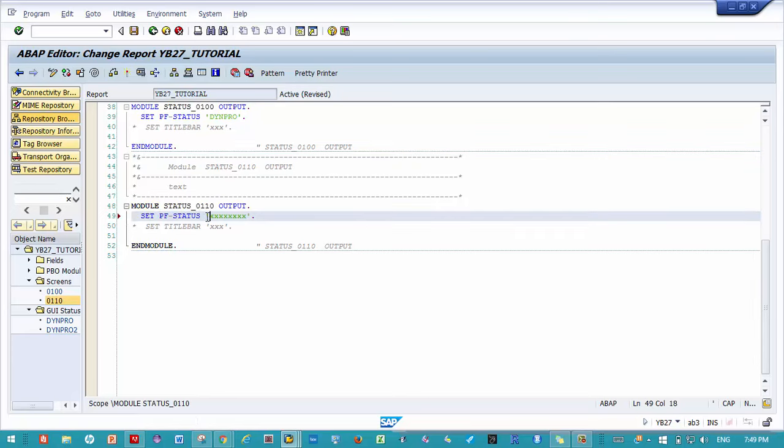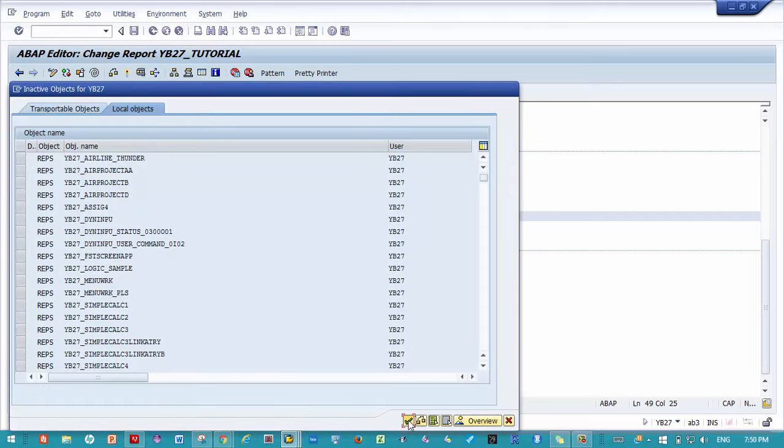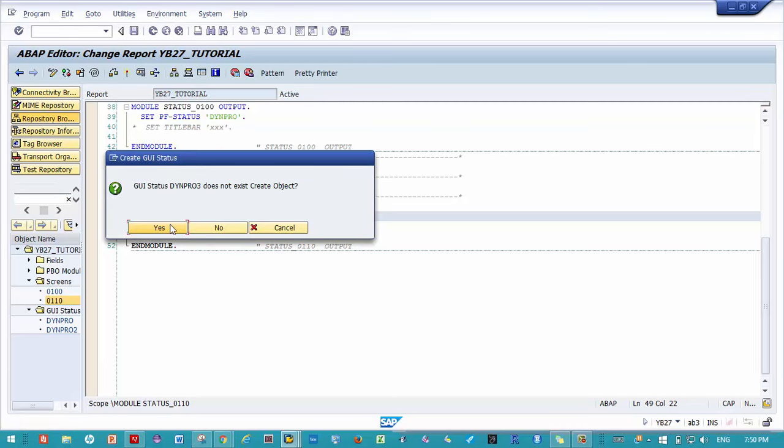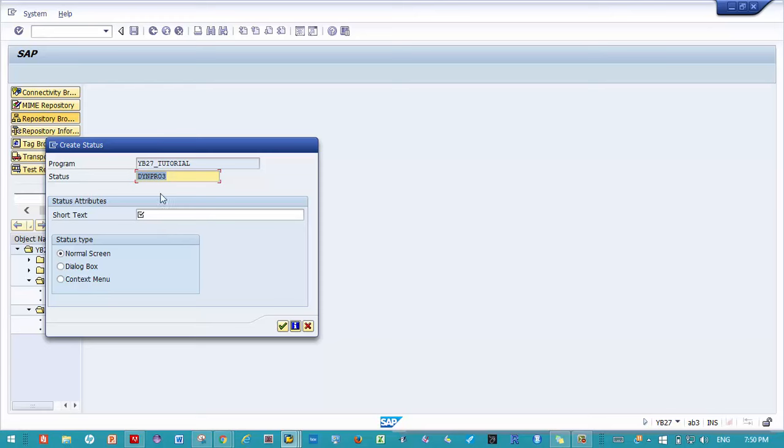So let us go ahead and call this DynaPro 3. Execute that. Hopefully it's saved. Do you want to create it? Yes. The real second screen GUI. Okay,